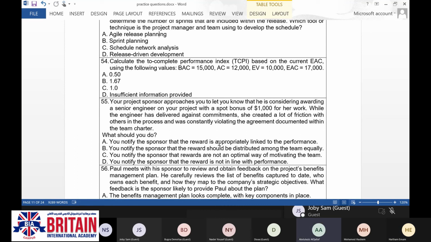No. C, you notify the sponsor that rewards are not an optimal way of motivating the team. Also no. D, you notify the sponsor that the reward is not in line with the performance. I think D is the correct answer, because it's clear to me there is a problem with the reward and recognition system, and the engineer is disappointed because he is highly committed to delivery. This is the answer. I think D.